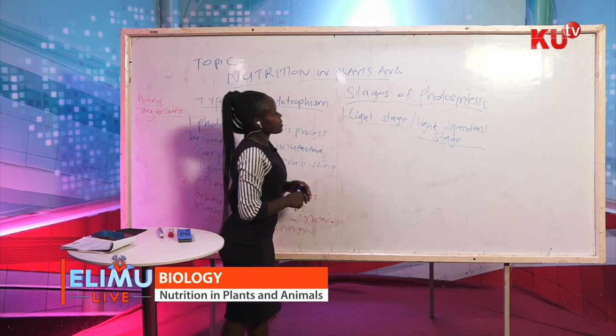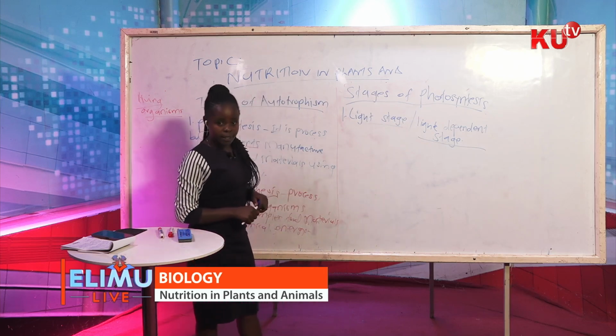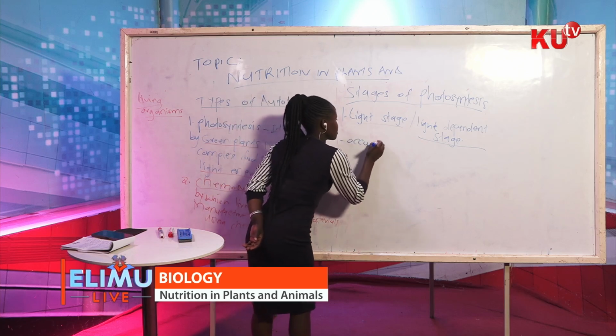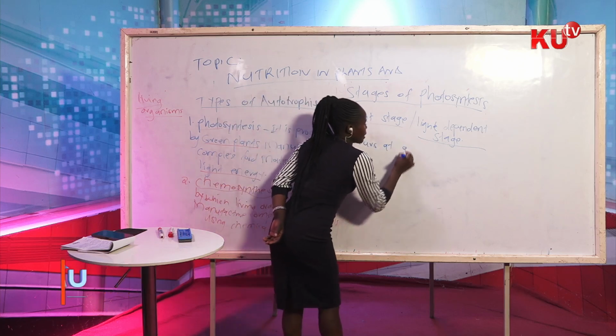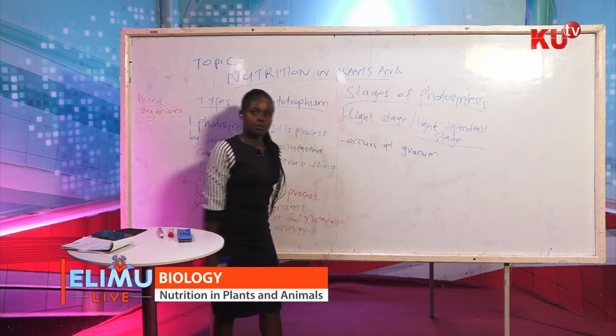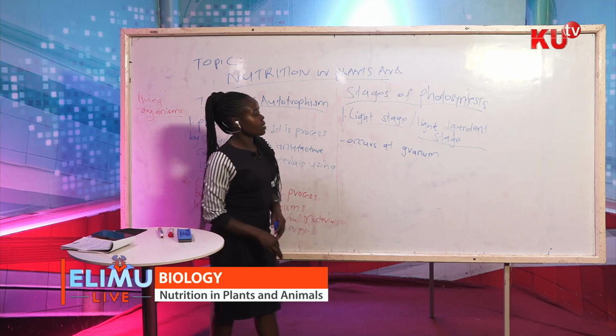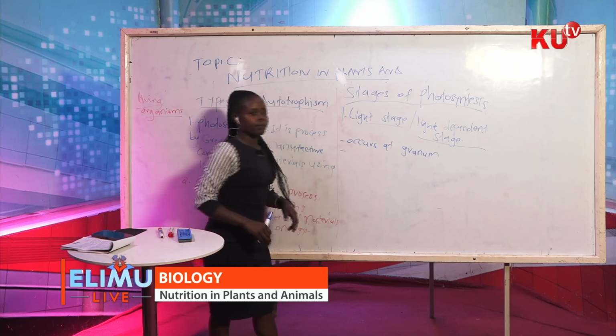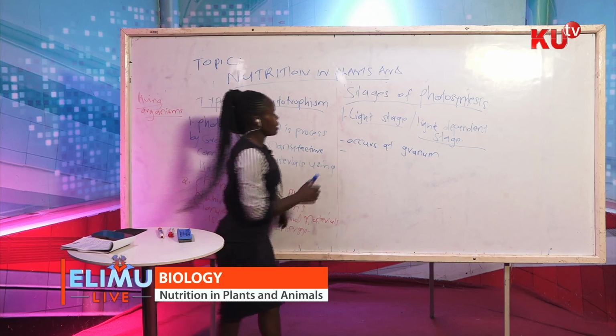So this is the first stage of photosynthesis. It occurs at the granum. Singular it is granum, plural it is what? Grana. And this is where the chlorophyll molecules